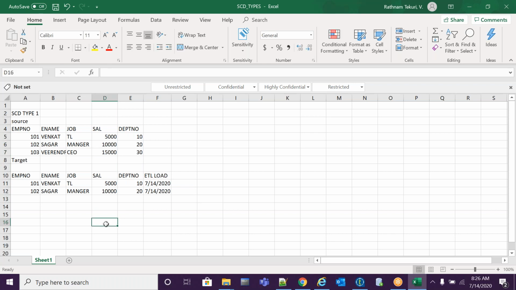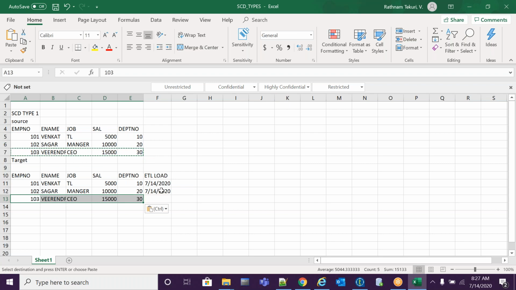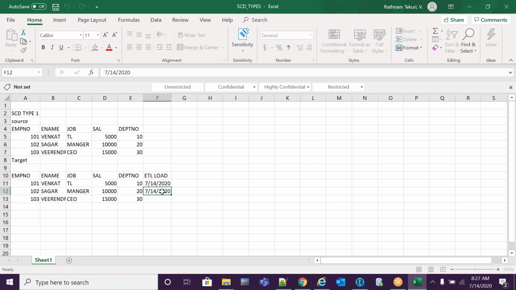While comparing my source and target based on the key number, the record is not found in my target, but my source has it. This is a new record, so it will simply insert it with the current date.